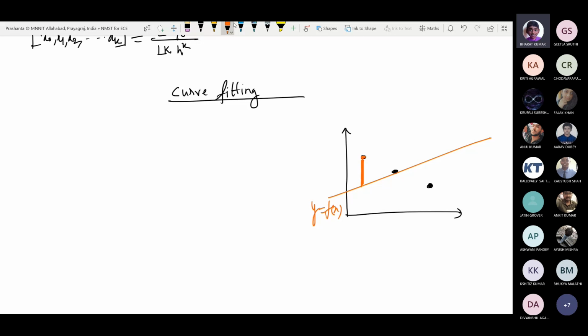Okay, so how much error is there in y for this first data? This much height. For the second data, how much error is there? 0, it is passing through the data. And for the third data, how much error? This much height. But you see, this one and this one are of the same height and opposite sign. So they will cancel out if you simply add them. So can I say this particular line is representing those 3 data? Is that the case? No. So you cannot simply add the error in your analysis.